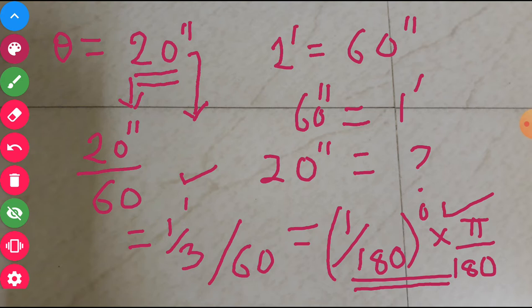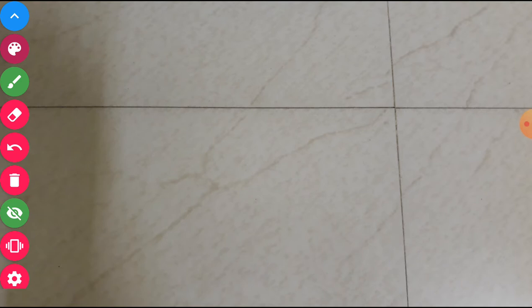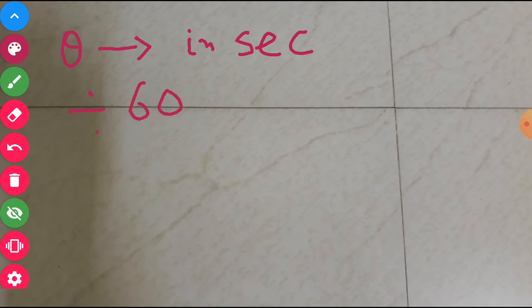So in general, if the angle theta is given in second, you first divide it by 60, then also divide it by 60. So you are totally dividing this whole angle theta, which is given in second, by